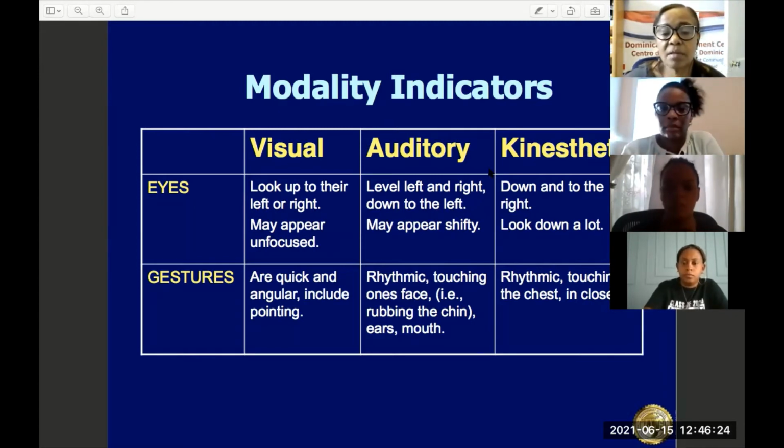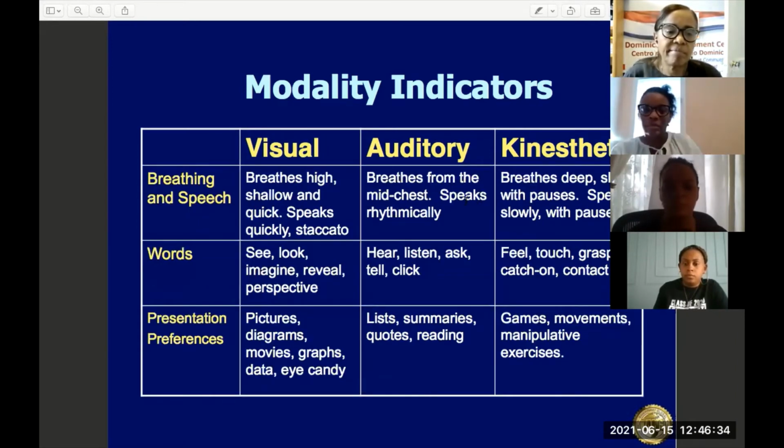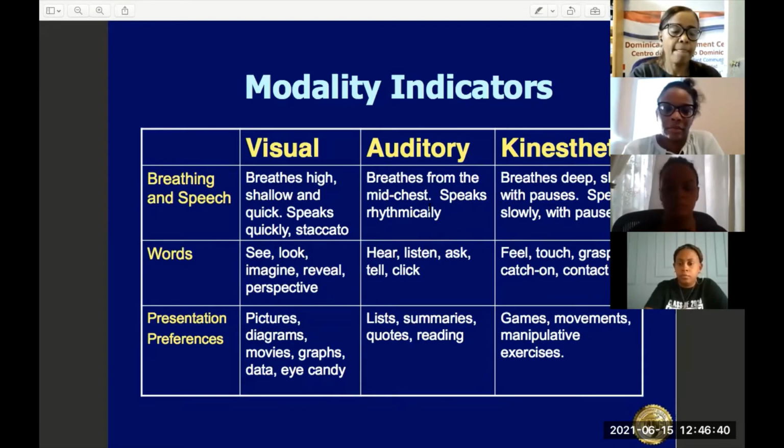So I want you, as you listen to this, to try to identify where you feel you fall based on these descriptions. Other things that give away the person's learning modality are also their breathing and their speech. And we went through the words, but this last piece here is really important, because once you've identified which one is the person's primary learning modality,